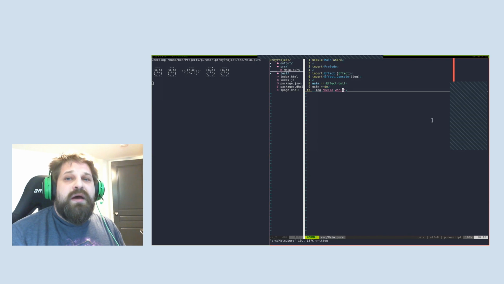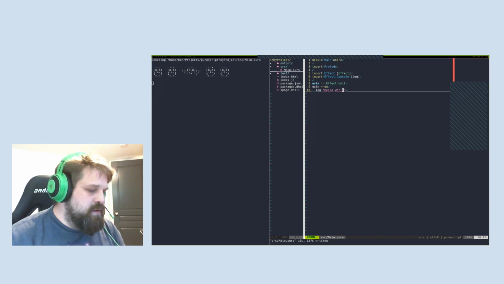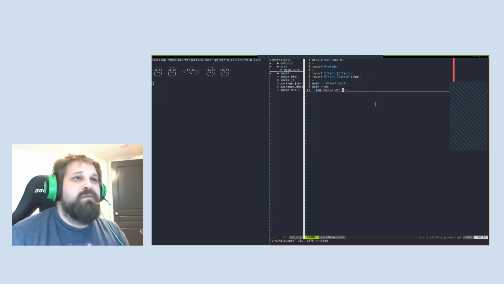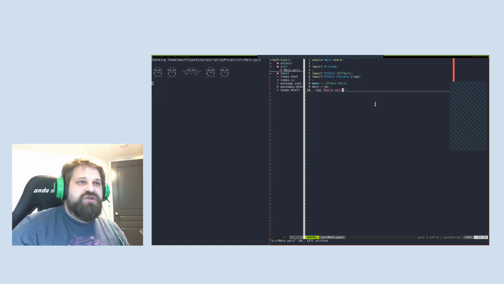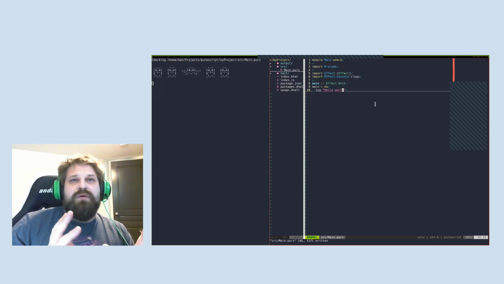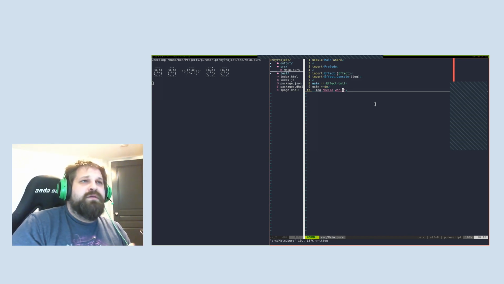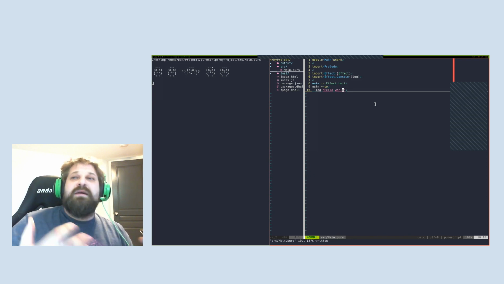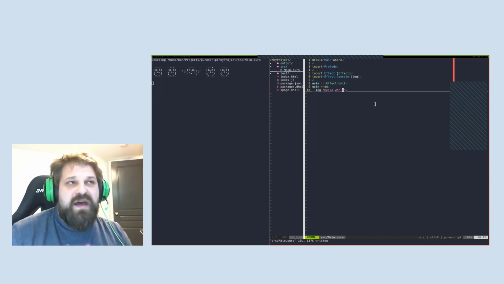Okay, so the next step here is we're going to actually start implementing some DOM manipulation. I'm not seeing any questions in the chat, so I'm going to assume we're going to hold off on any questions until the end. So we're going to jump straight into DOM manipulation. For those of you who are new to working in the browser, DOM stands for Document Object Model, and what we mean when we talk about DOM manipulation is we're just going to put something on the page, and in this case, we're going to use a div element.